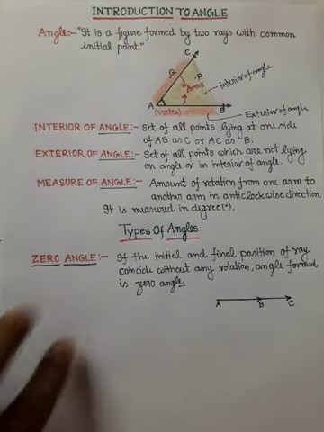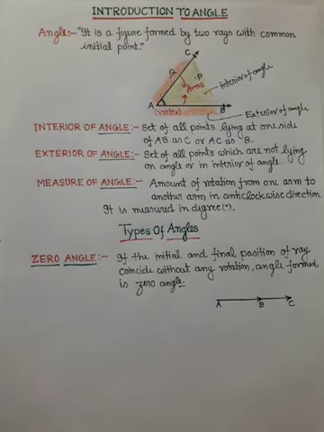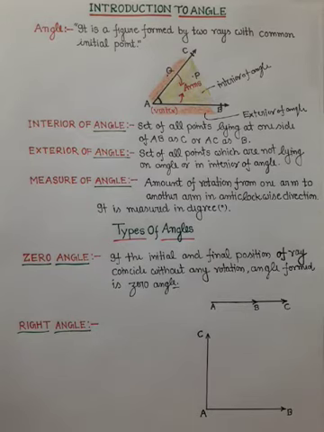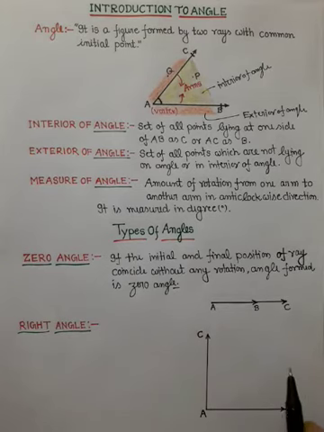Now the next angle, which is greater than zero angle, is the acute angle. So students, before starting the acute angle or the other categories, we should know about the right angle. So what is the right angle? Right angle is the angle which has 1/4 rotation of one complete revolution. When we rotate the initial position to the final position by one complete revolution, the total angle formed is 360 degree.